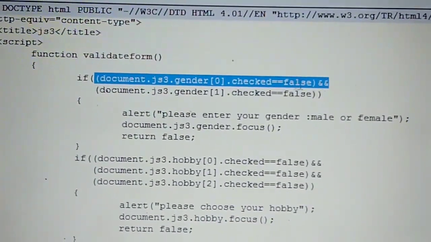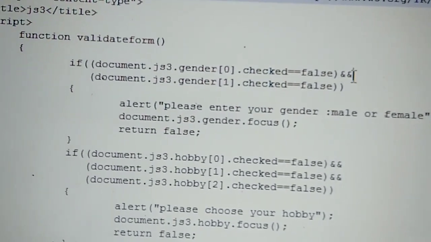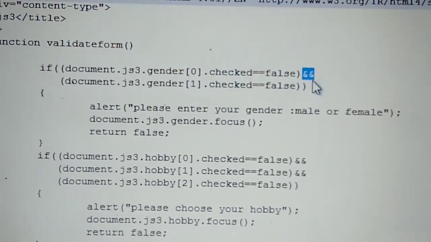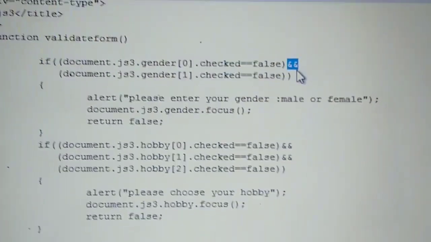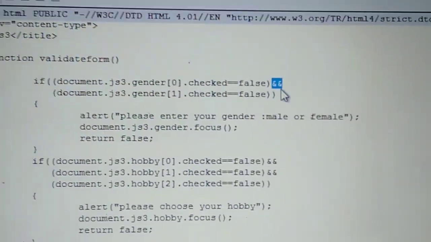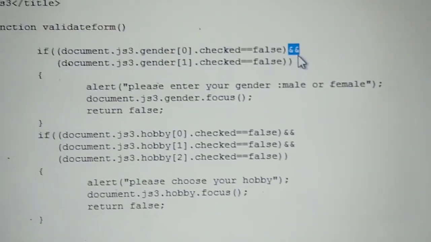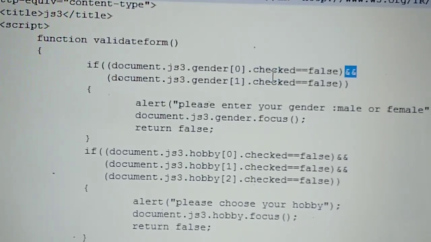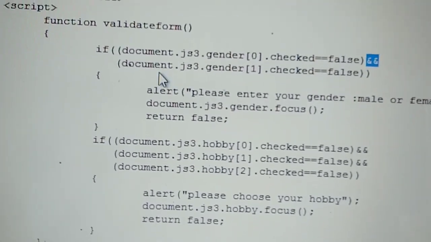document.js3.gender0.check equals false, and you can see I have written and, you have to write double and. It is an and condition. As I told you, there are three types of condition: and, or, and not. In an and condition, it is necessary to fulfill both of these conditions. So if the user doesn't choose their gender, then we have to display an alert message. Second condition,